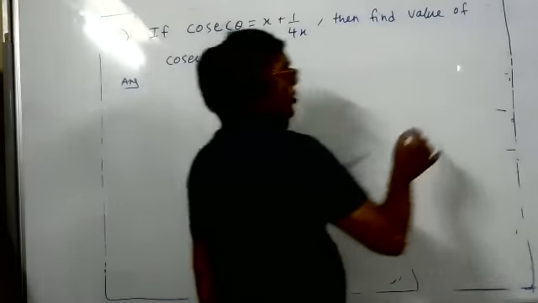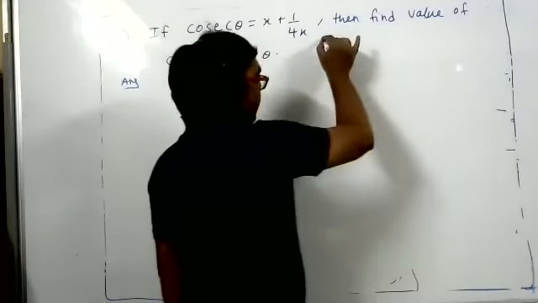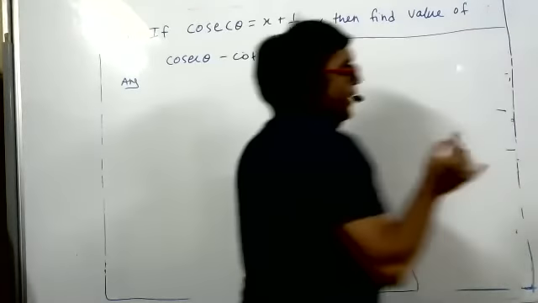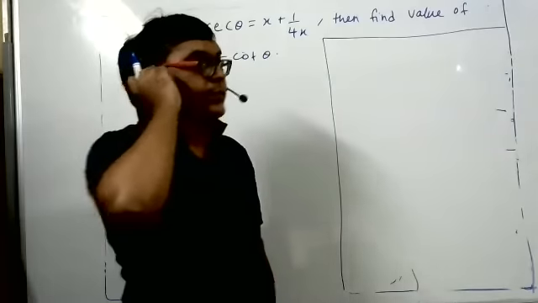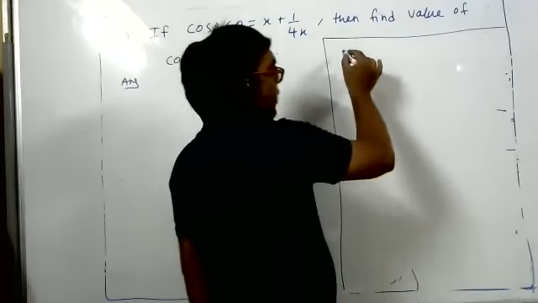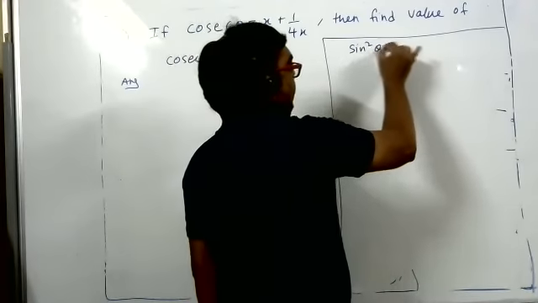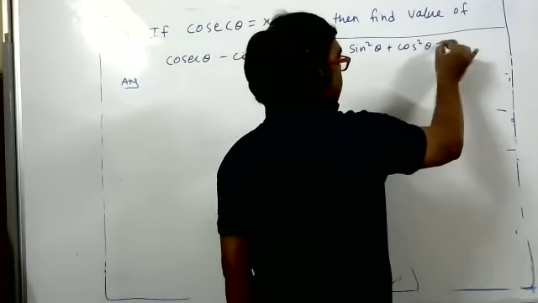Sir, I did by a little different method. You did by a different method. Yes, sir. Okay. Wait, I will explain by taking a diagram of a triangle. Then I will attend to your method. Now see here. There is one formula. All of you have to copy that. The formula is sin square theta plus cos square theta is equal to how much?